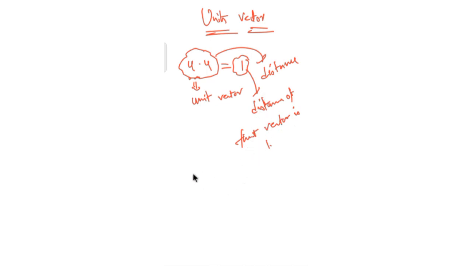For example, let me take some v. Say v is equal to (1/2, 1/2, 1/2, 1/2). This is the vector that I'm taking in 4 dimensions, not 3 or 2. I'm not sitting in my room, I'm going to the 4th dimension, taking time as my other axis as told by the great Einstein. So this is my 4-dimensional vector.